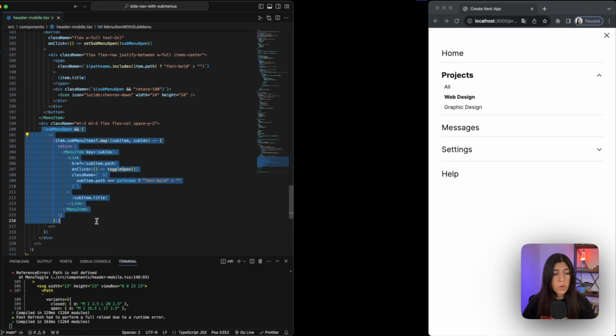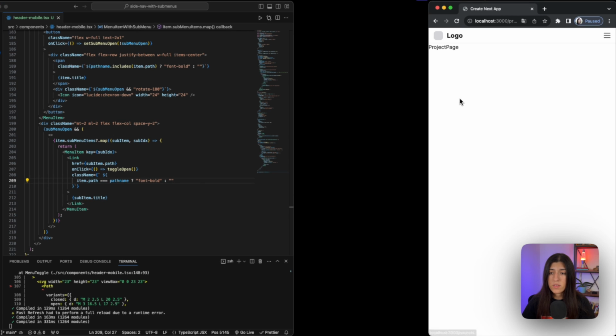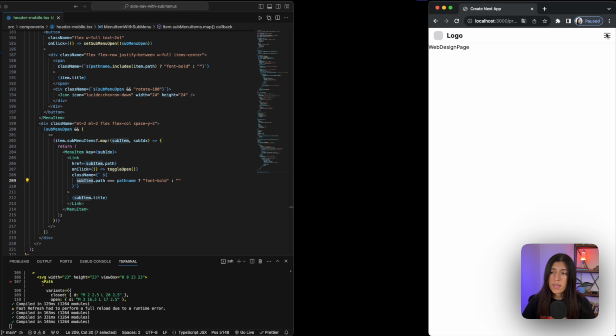Now this is the section where we're showing our items right here, and then here we're checking if the sub item path name is equal to the path name. Now we don't want to do the same thing that we did here with includes, because we know that this path name includes our item path. We are looking for this specific path name, which is different. If we set this equal to item path, then all of them are going to be highlighted, or all of them are going to be active if one of them is active, which you'll see right here, which we do not want, right? So that's why we're going to keep it at sub item, and that's how you're able to get each one individually to change styling. That